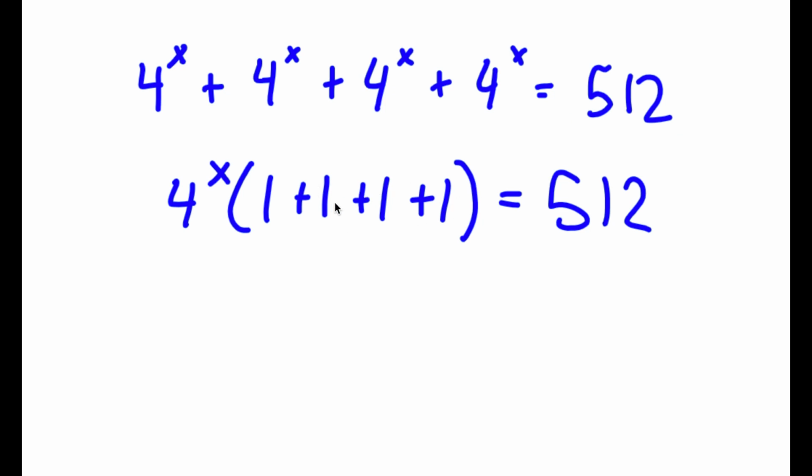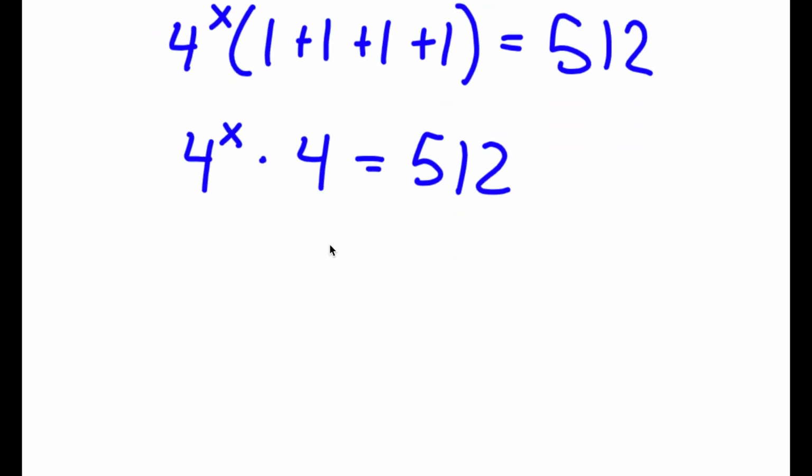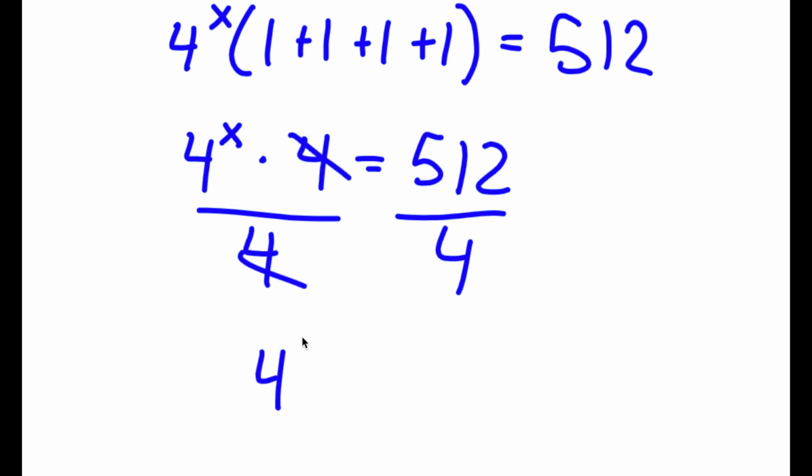Now I'm going to rewrite 1 plus 1 plus 1 plus 1 as 4. So now I have 4 to the power of x times 4 is equal to 512. Now I'm going to divide both sides by 4. So then these two cancel out, and now I get 4 to the power of x is equal to,